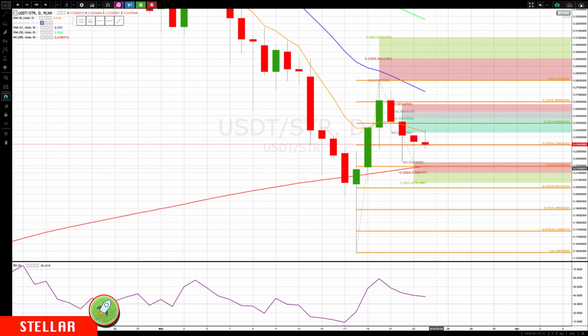You'll notice also at the 50% retracement level on the daily chart, which is coming in at 0.2193, there's also this 200 simple moving average, so that's a little cluster there I pay very close attention to, just below the prior levels that formed that double